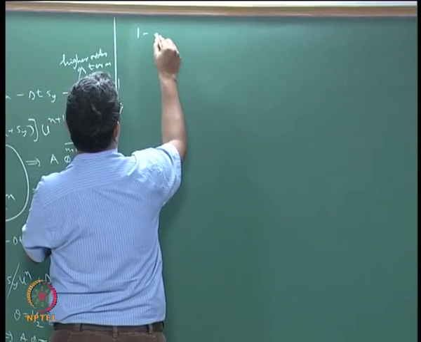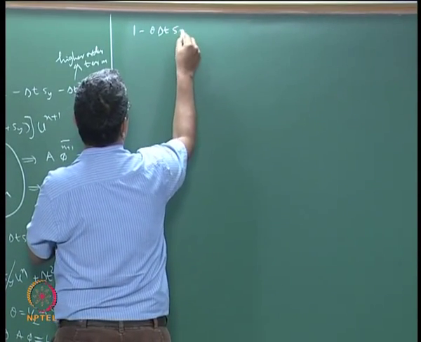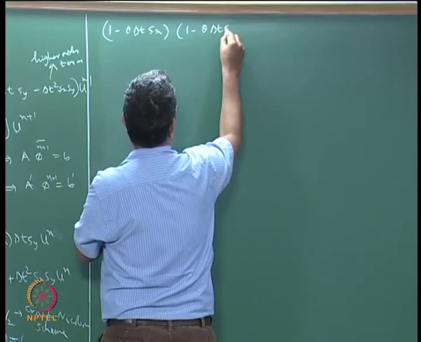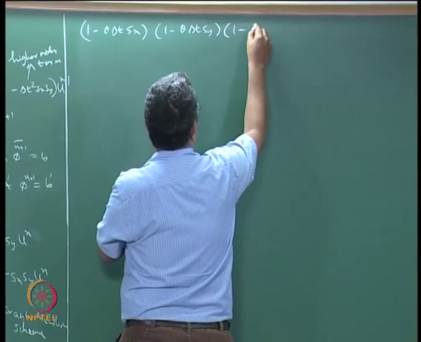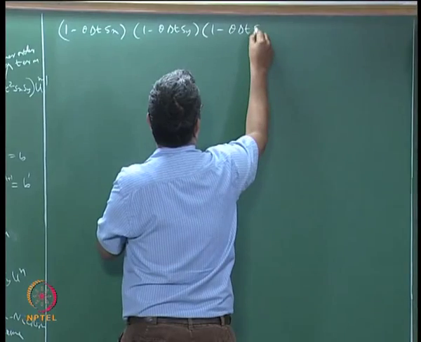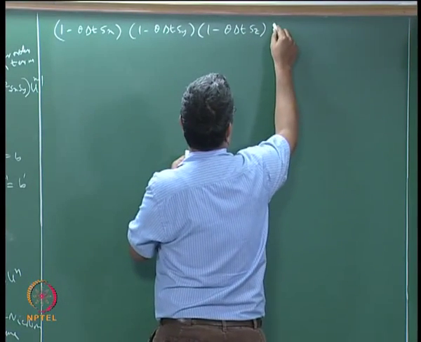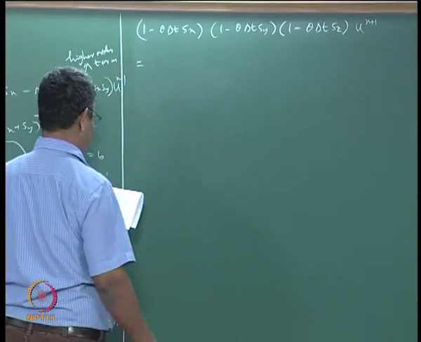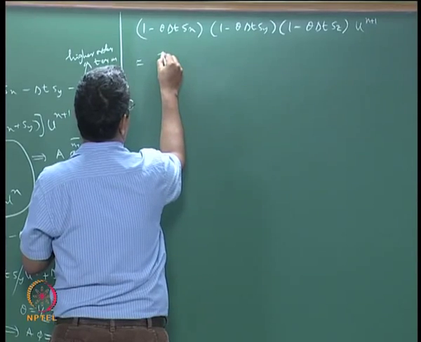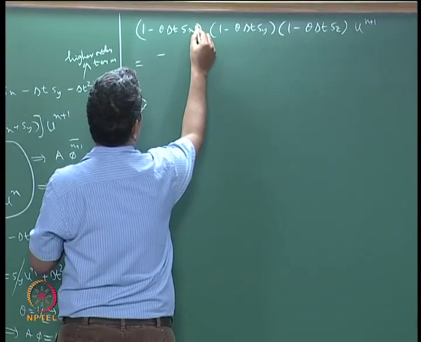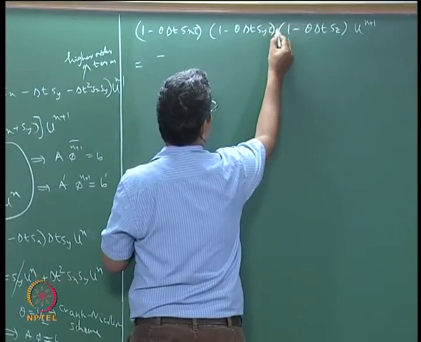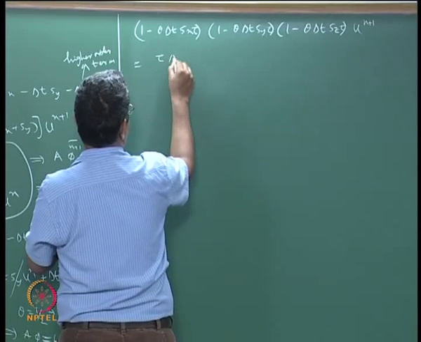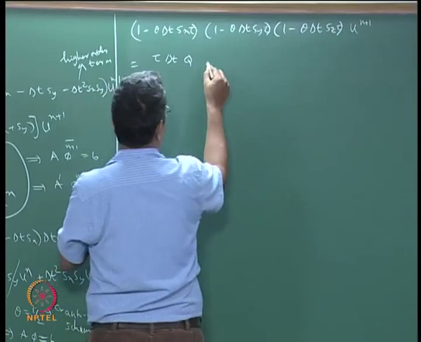(1 - θΔt Sx)(1 - θΔt Sy)(1 - θΔt Sz) u^(n+1) can be written approximately as, in each case we have a parameter tau. We will explain what this parameter is. τΔt q plus